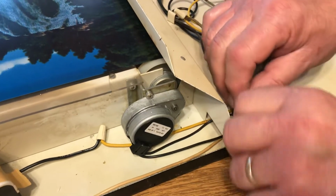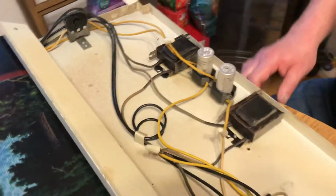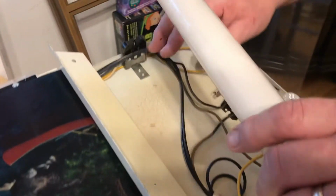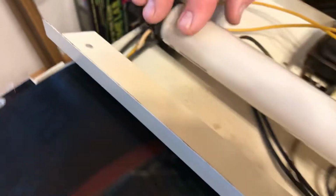And Steve, would now be a good time to veer off into these starters? Sure, we could do that. There are two bulbs in this, obviously the one that's been removed. This one right here goes in here. This does need to be replaced, by the way. And that bulb is a...